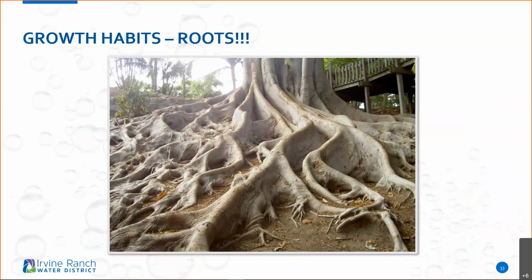This right here, you're looking at the ficus roots. I love ficuses. I love ficuses in pots. And as long as you keep them far away from your house, and I just leave them in my pots. They like to get girdled, and they get huge, and they do very, very well.